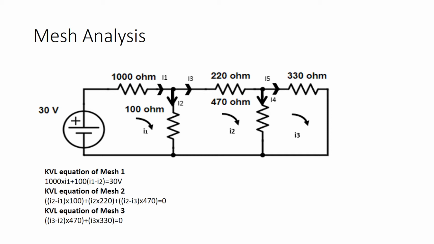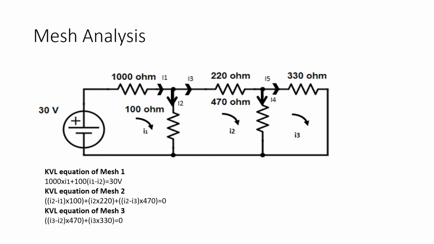We will have one separate direction. Using that direction only we will be deciding whether it is assumed to be in the positive direction or in the negative direction. So for loop 1 we are considering the direction of i1. The current flowing in the direction of i1 will be positive, and the current coming in the opposite direction will be negative. So for loop 1, i1 is positive and i2 is negative. For loop 2, i2 will be positive, we are considering the direction of i2, so i1 will be negative. So for the same 100 ohm, in the equation of mesh 2 we will consider i2 minus i1.